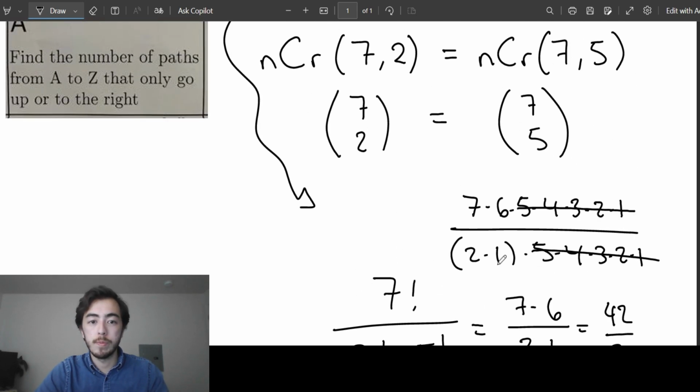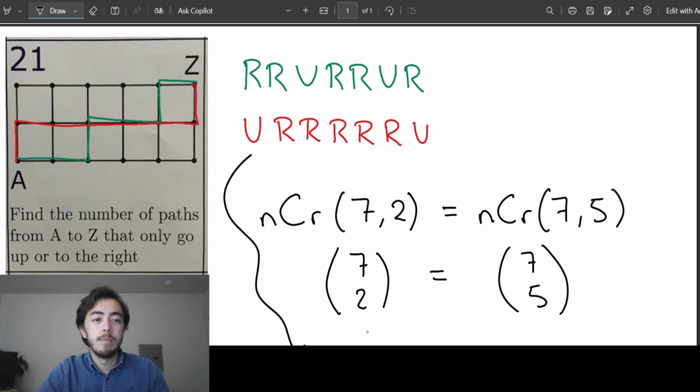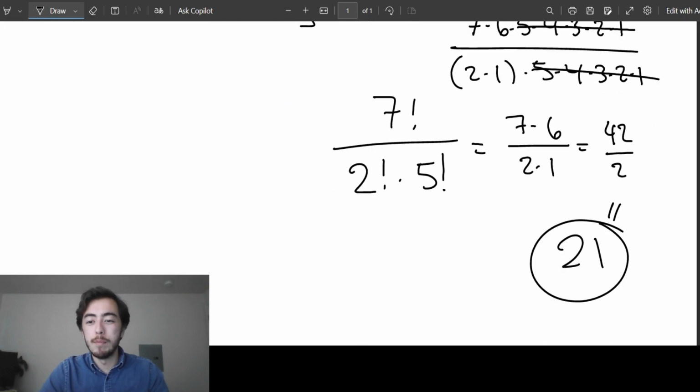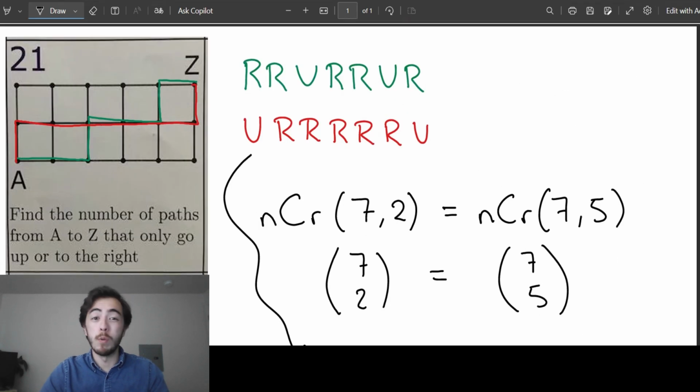So we probably could have counted out all 21 paths one by one and gotten the answer sooner, honestly, instead of talking about all these combinatorics and the choose function and all that. But I at least wanted to give you a strategy that could work maybe more generally for different problems, right? Because